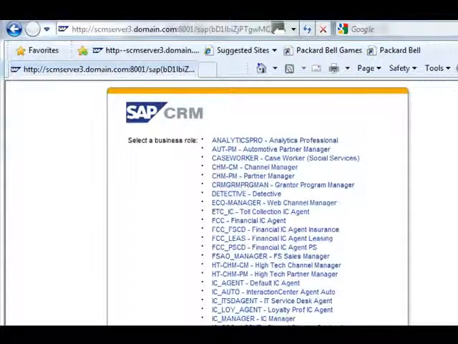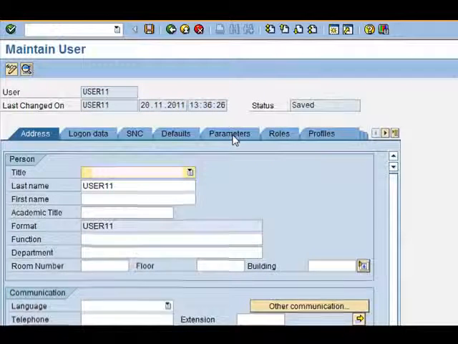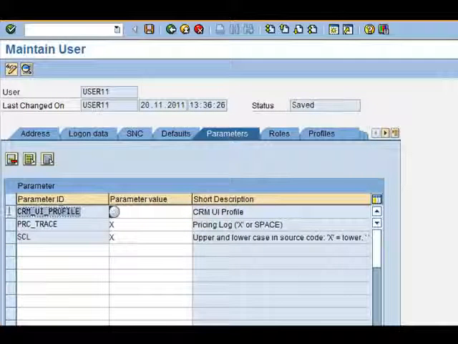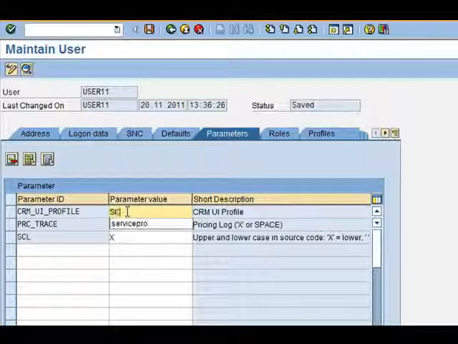We can have a look at this setting in the SAP GUI. So I go to the user maintenance using transaction SU01, and then I go to parameters, and in the parameters you see there is an ID CRM_UI_PROFILE, and the value is a star. Now this value means whatever roles have been defined in the system will be presented to the user when they log in. As an example, if I were to change this to say Service Pro,